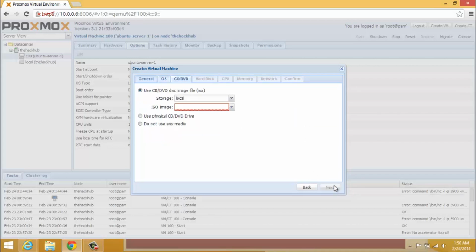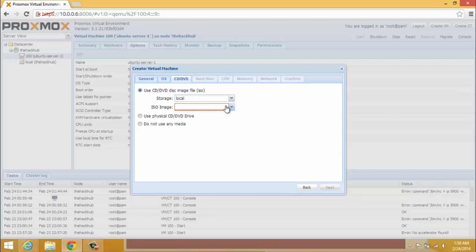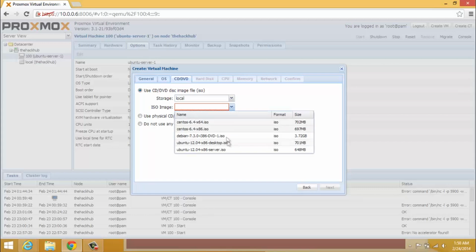So we'll hit next, and then it's going to ask us how we want to install this virtual machine, and where we want to store it. We want to store it on the local directory. This is a local machine, that's really our only option. And then it's going to ask us what ISO image we want to use. So these are ISOs that I've uploaded to the server. Now I'll show you guys in a second how we can upload an ISO to the server, but